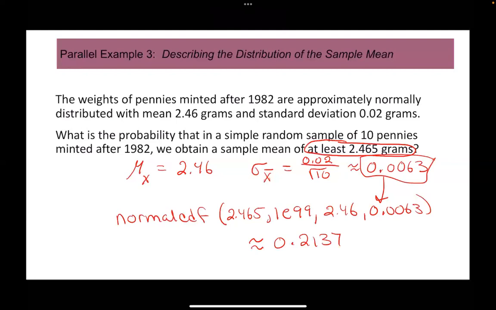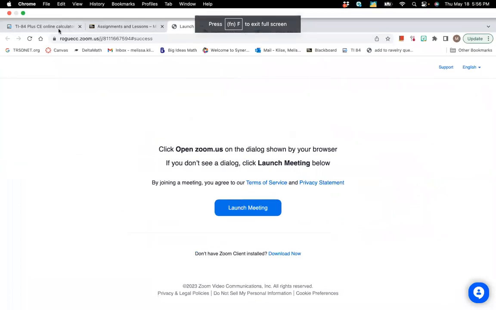So what we found out, there's approximately a 21.37% chance that the sample mean would be 2.465 or greater. That's what we determined. I do want to show you real quick. I'm going to pop over to my calculator because you know me, I like to show you guys fun calculator tricks and tips. So on my calculator over here,